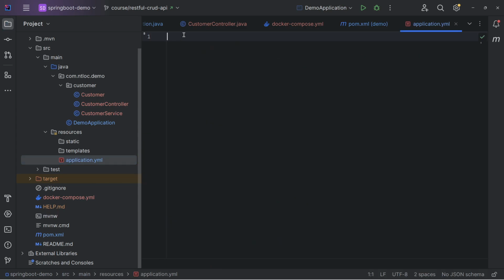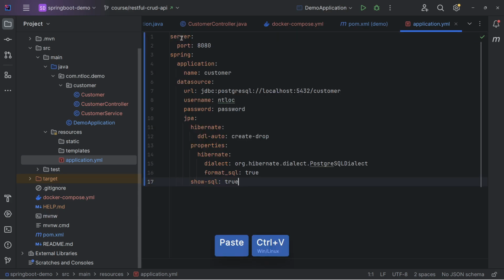For you, it may be application.properties. You can use a properties file, or you can use a YAML file. This is the configuration for our application. You can see we have the server, port, and the name. And the important one is the data source configuration in here.